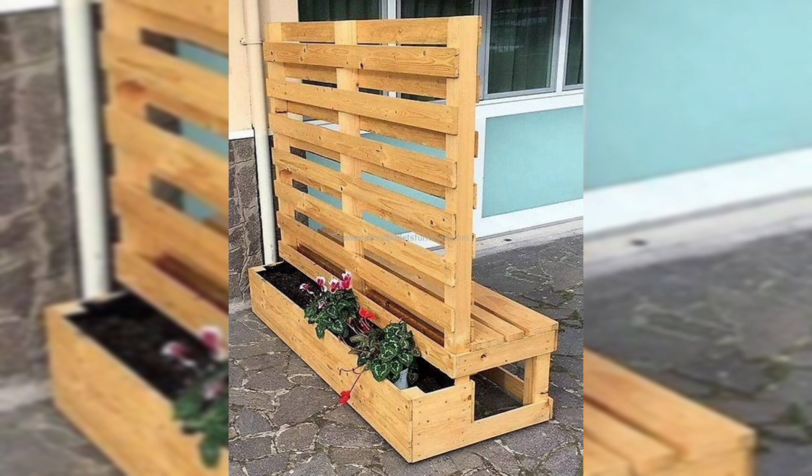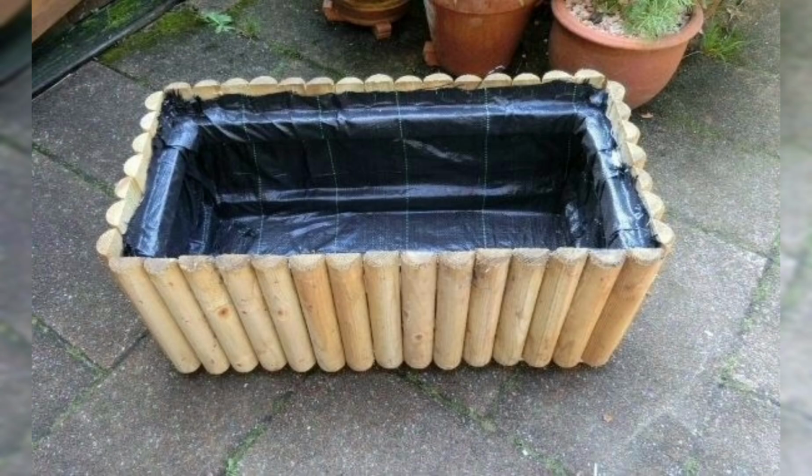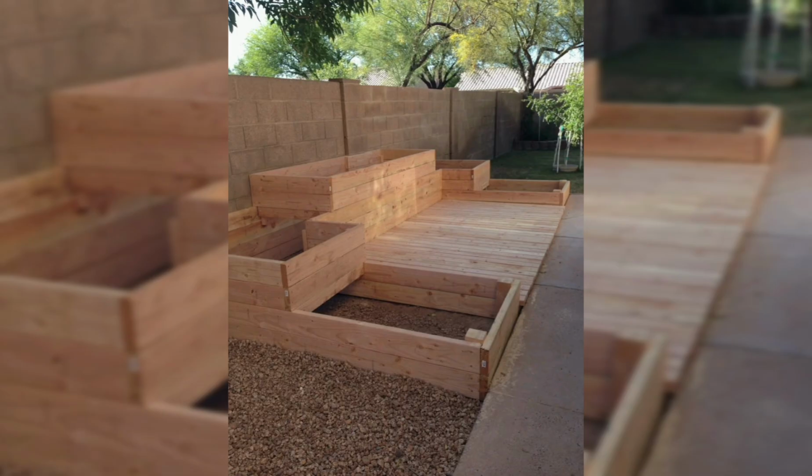Understanding that shed available even with basic tools. Wood functional product. Handmade wood